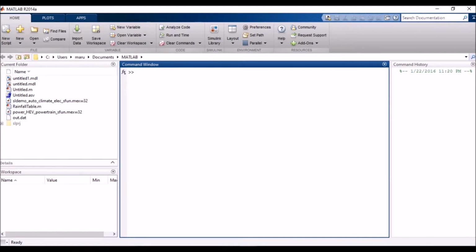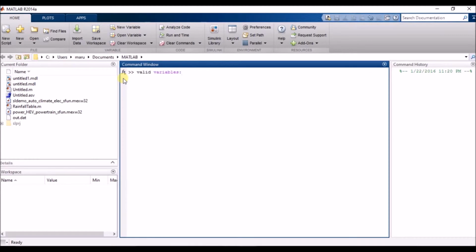Now I am entering the valid variables for you. Valid variables, we want to check out valid variables.